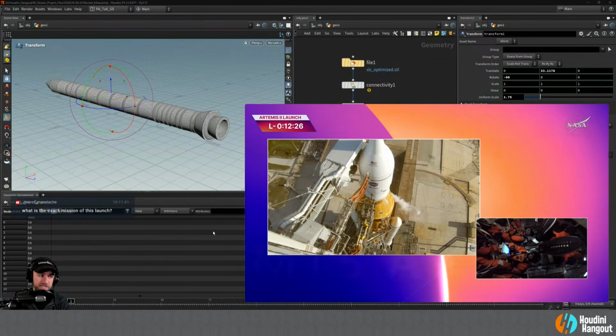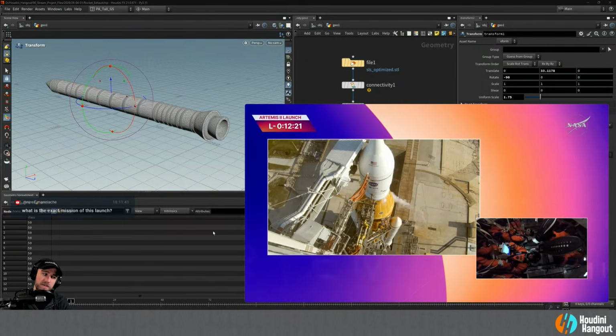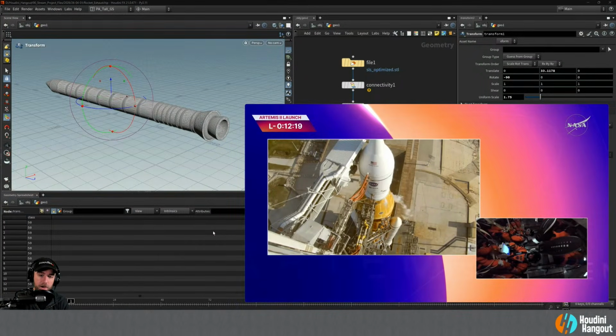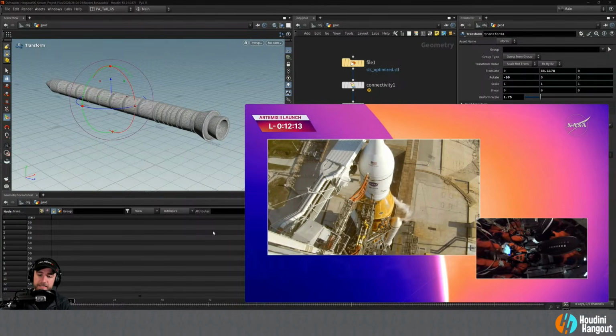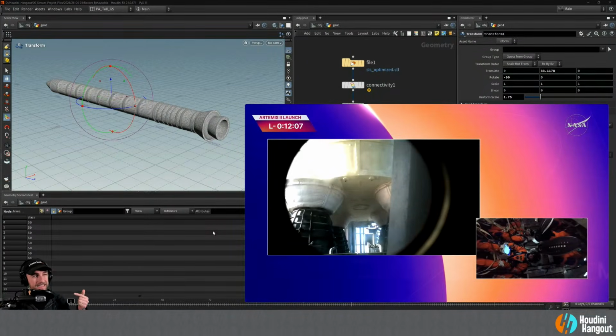And so their mission is going to be to orbit the Earth a few times, and then they're going to do what's called a translunar injection, which is going to send them off to the moon. They're going to go out to the moon, kind of slingshot around and come back, basically just testing out this system. In the Apollo era, they did that for Apollos 8, 9, and 10 before they did the landing